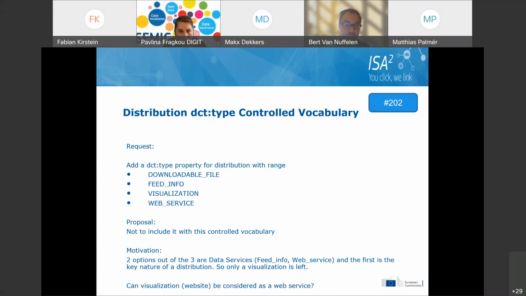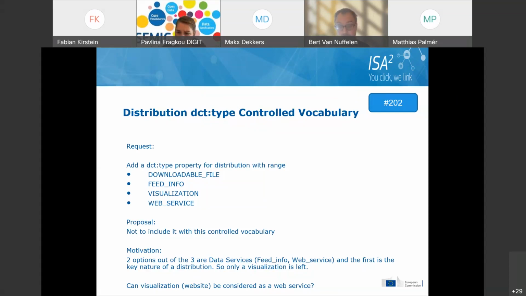So there might be differences in it. But given that, it means that by our guideline we have already made this type much clearer, and there's no need to do that. So this is currently our proposal: actually not to adopt DCT type on distribution with this controlled vocabulary. If there are any other opinions with regard to this,